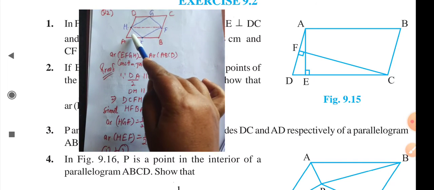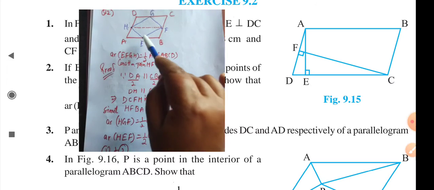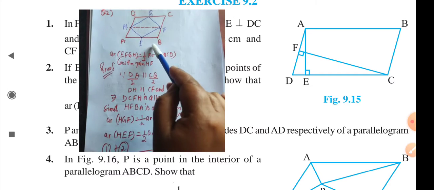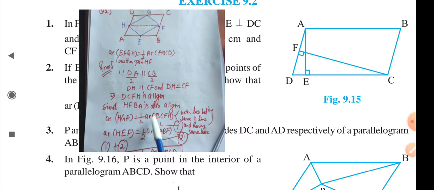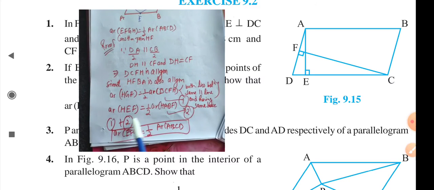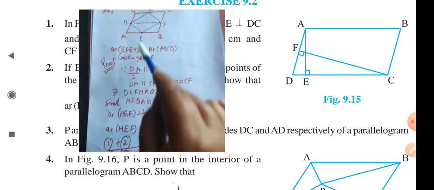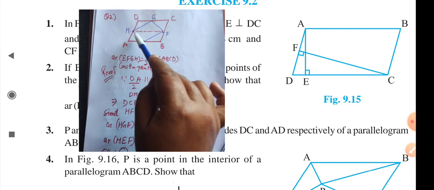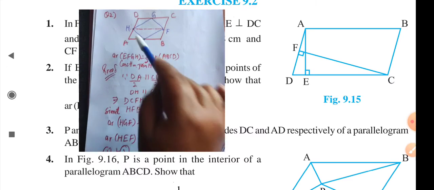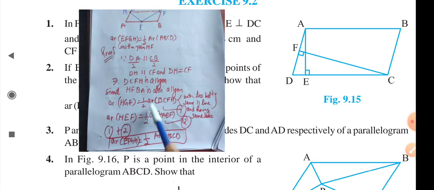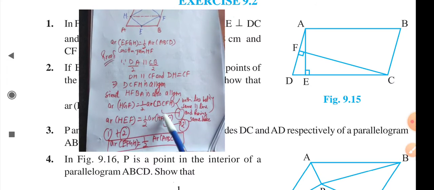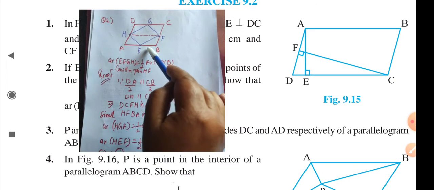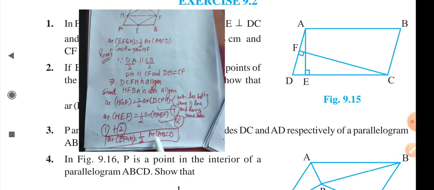Now similarly, if we see the downward triangle HEF, the area of HEF is equal to half of the area of HABF. This is equation number 1, the upper one, and this is equation number 2. Now if we add equations 1 and 2, you can see that if we add the areas of these two blue triangles, it will easily make the area of EFGH. And if we take half common and add these two areas, that means half of the upper parallelogram and half of the lower parallelogram, then it will make the area of the parallelogram ABCD, and this we had to prove.